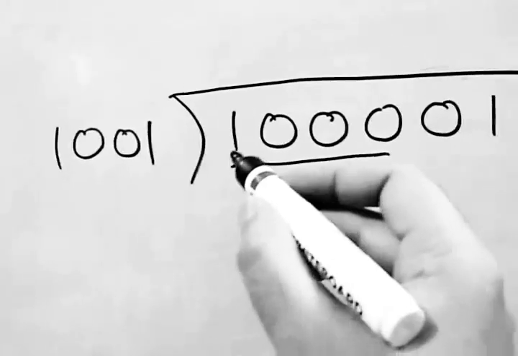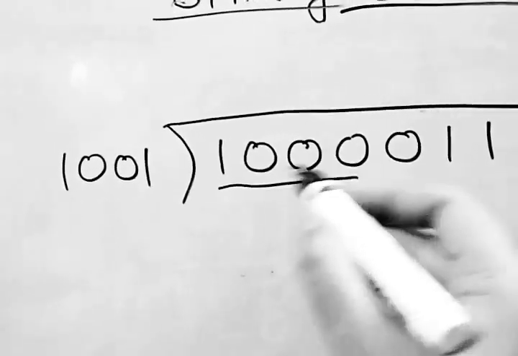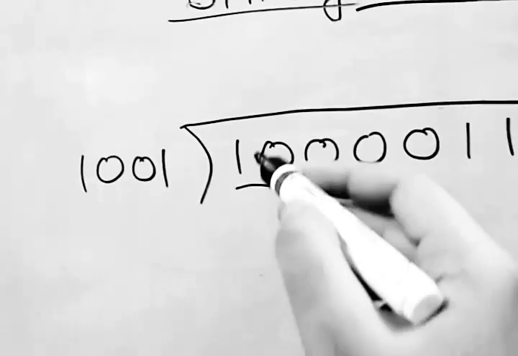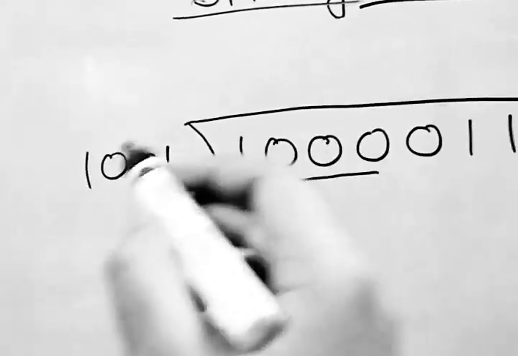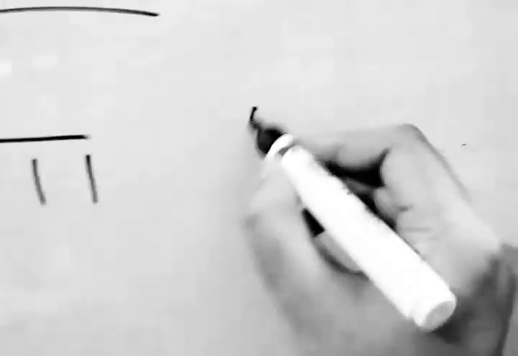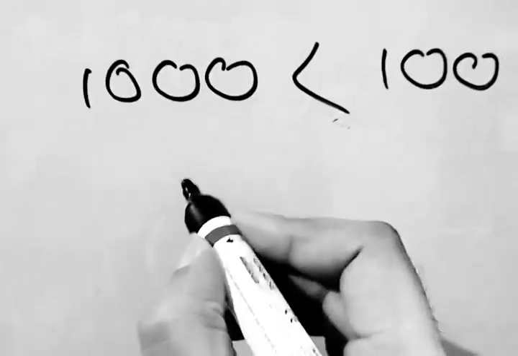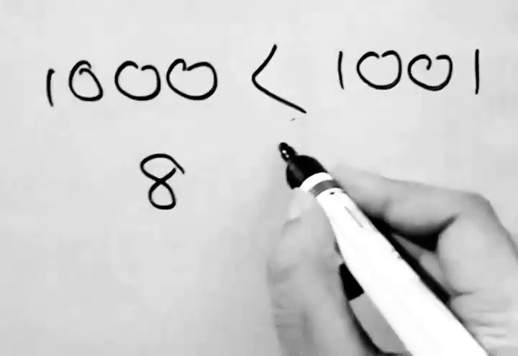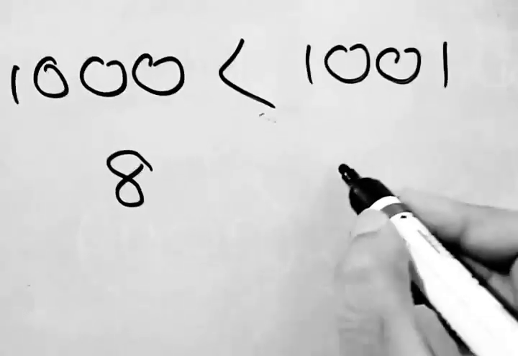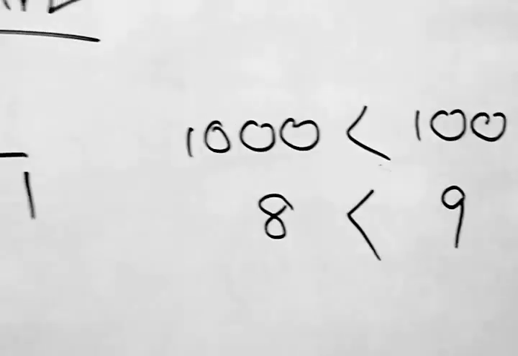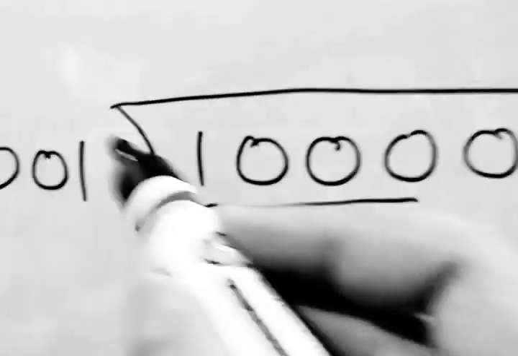But we see that the 4 digits we take from the dividend are 1000 and the divisor is 1001, and 1000 is less than 1001. Because 1000 in binary means decimal 8 and 1001 binary is equivalent to decimal 9, and 8 is less than 9. So in this way we have to check whether it is lesser than or greater than the